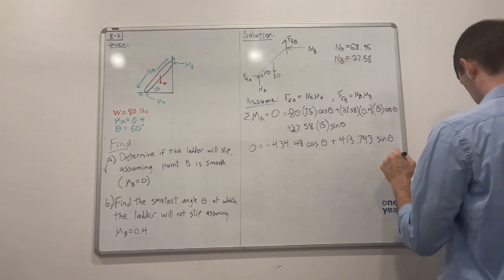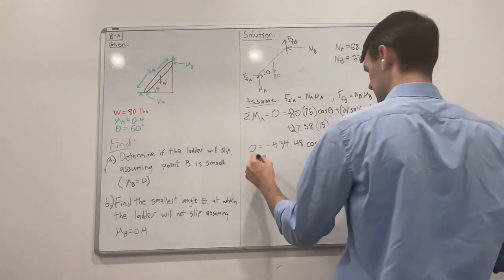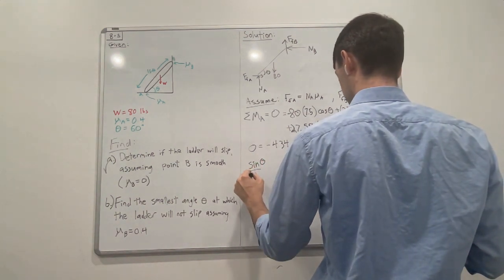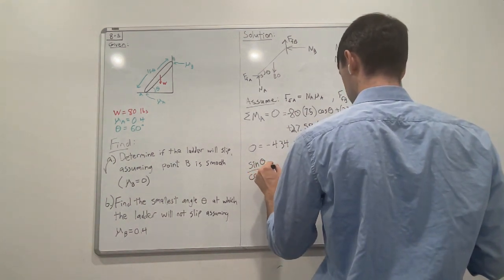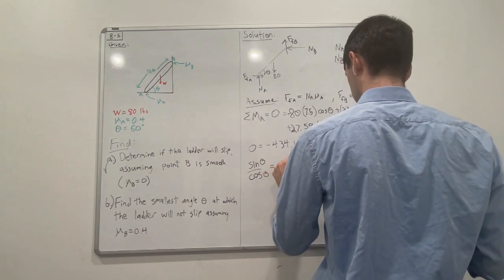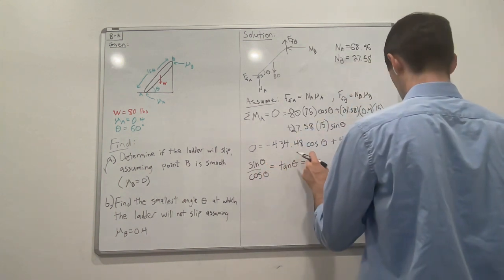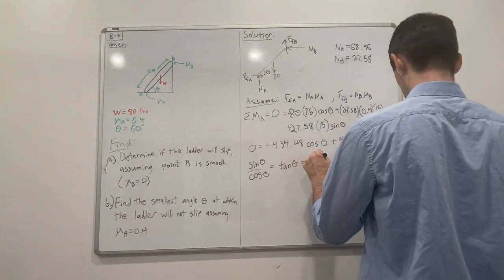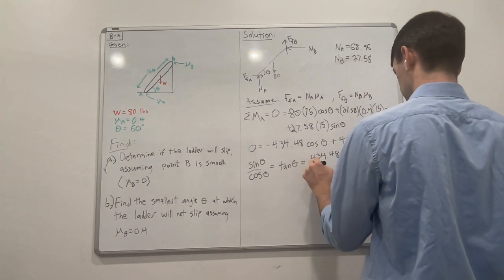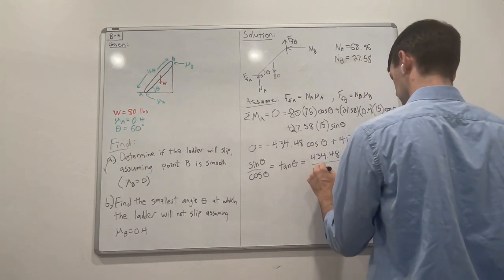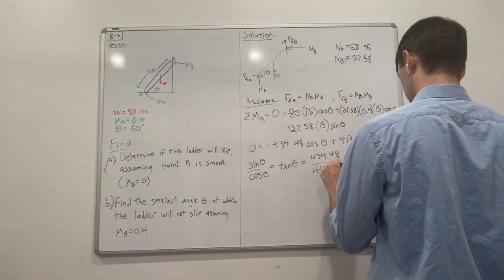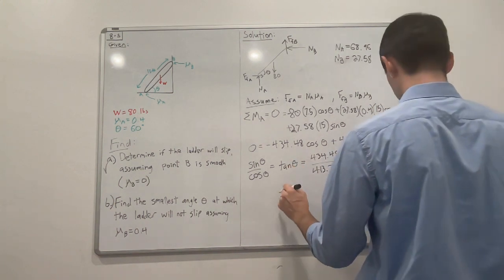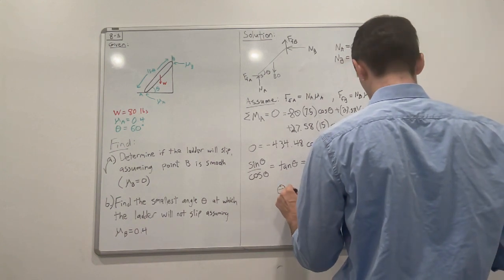And we know that the sine over the cosine is the same as the tangent, which is equal to 434.48 divided by 413.793. And when you take the inverse tangent of that ratio, you end up getting that theta equals